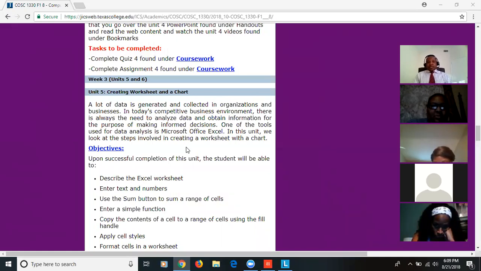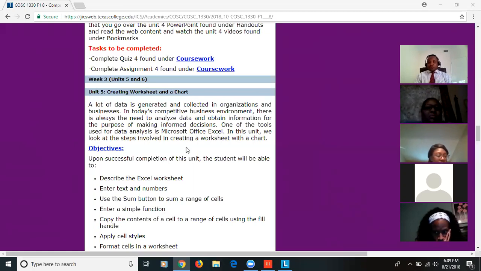And as we just read a while ago, the main purpose of Excel is that of performing data analysis. In many businesses out there, small businesses as well as corporations, they tend to use Excel a lot to perform data analysis. And the major reason for performing data analysis is that of obtaining information. In today's business world, of course, there's a lot of competition. You don't want to go making decisions just by guessing. You want to make informed decisions based on information. And so that's why there's the need to perform some sort of data analysis to retrieve the information which is